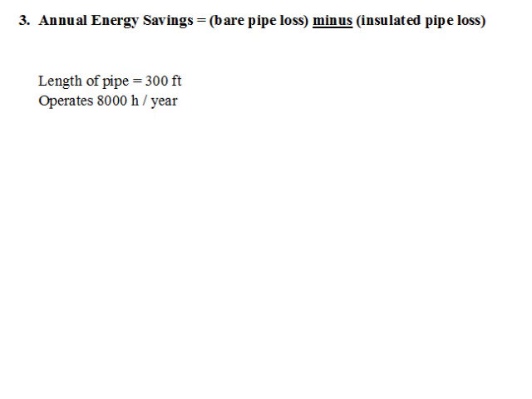In the third step, we calculate the annual savings in energy, and that is done by determining the difference in the heat loss between the bare pipe and the insulated pipe per unit length per unit time times the total length of the pipe times the total amount of time that it operates in a given year. So this then is equal to the difference in heat loss, which is 6535 minus 281.7